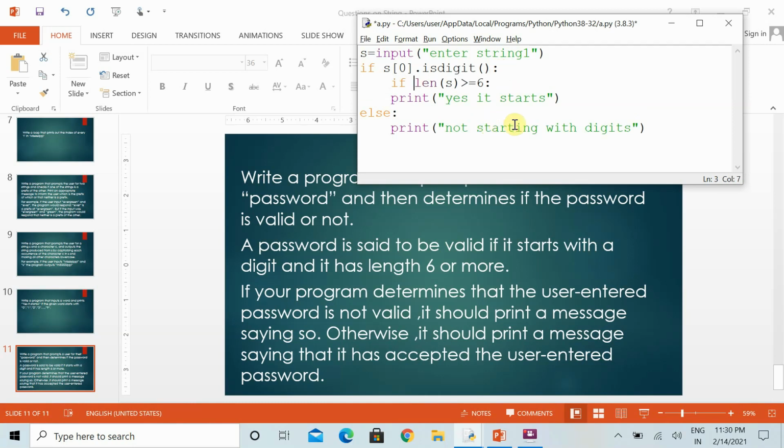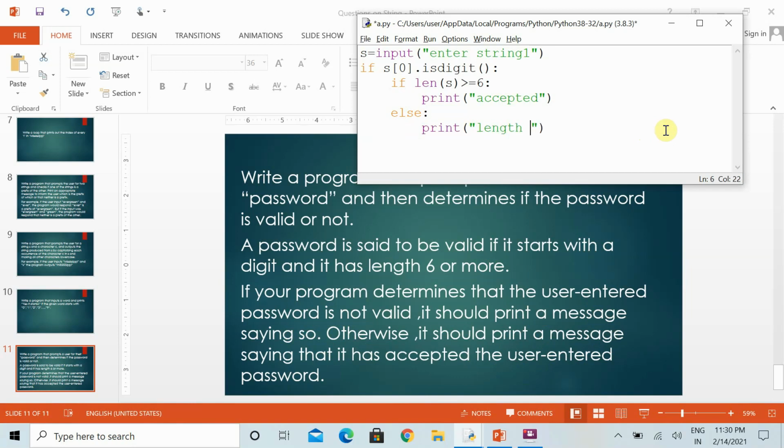we can print "password is accepted", or you can write anything. Otherwise you can write the password length message, because it is specified that if the password the user enters is not valid, the program should print a message saying so. It should print a message saying that the password entered is invalid and about the length, that the length is not more than that.